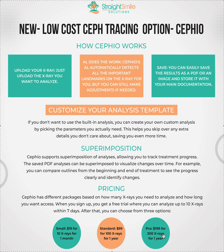So anyways, this is how it works. You can just follow these steps. I got this information from CEPHIO. They gave this to me. They said I could share it with you. I don't get any kickback, any nothing for sending you guys. I just was like, yay, finally there's a solution. It's going to save you guys some money, that makes sense. You can reach out to them directly, CEPHIO. They're definitely on LinkedIn because I talked to them on there. So hopefully this is a good solution for you, and you can save some money and learn to take Cephs